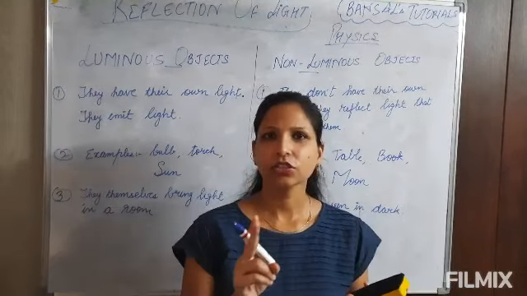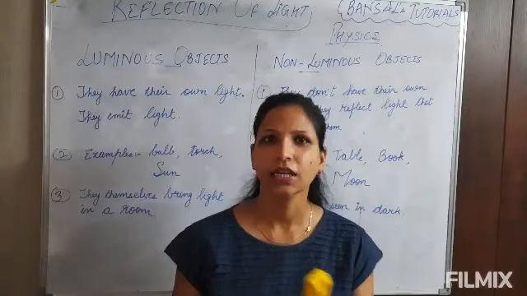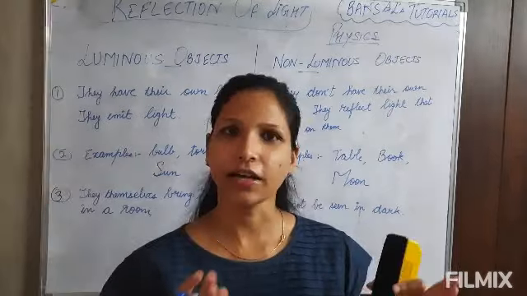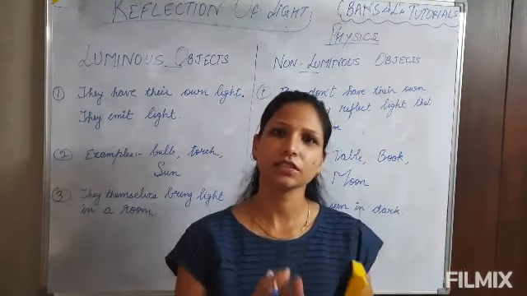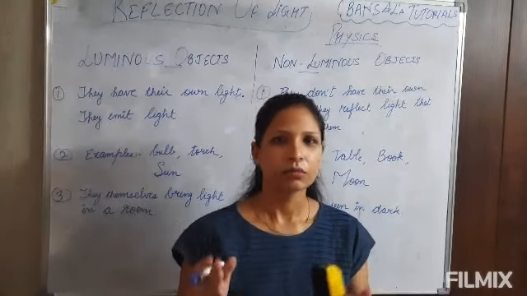We will discuss reflection of light on two types of mirrors. They are plane mirrors and spherical mirrors. In spherical mirrors, we will be covering two types of mirrors, which are concave and convex mirrors. Then, along with the mirrors, we will discuss their respective uses. And lastly, we will be covering the mirror formula.